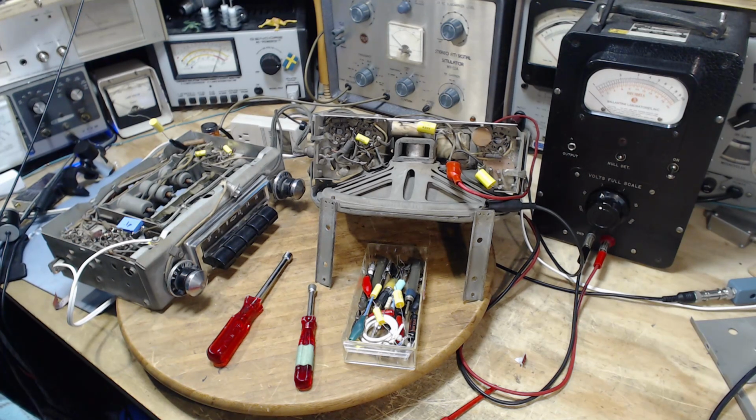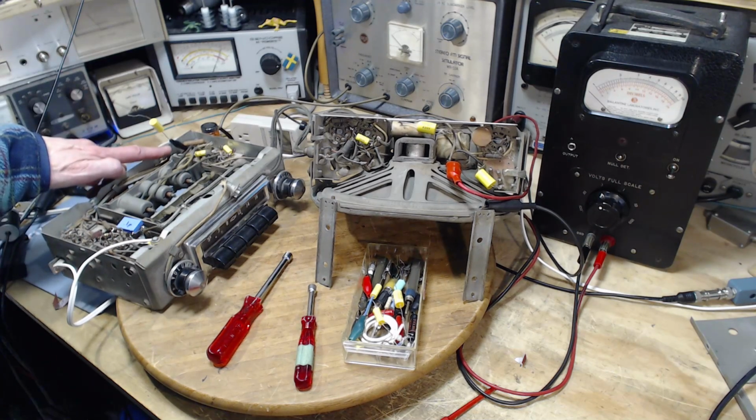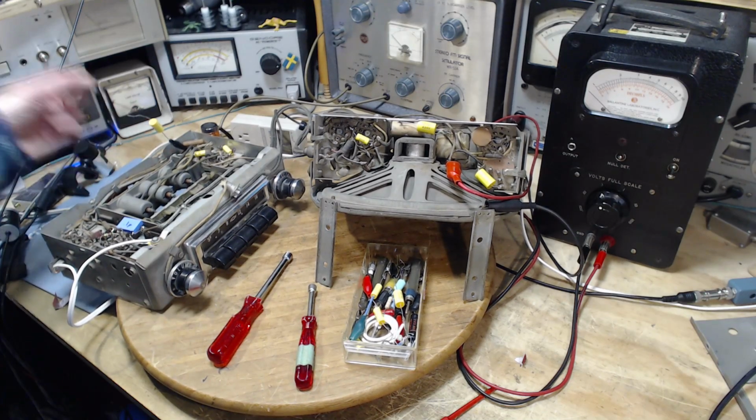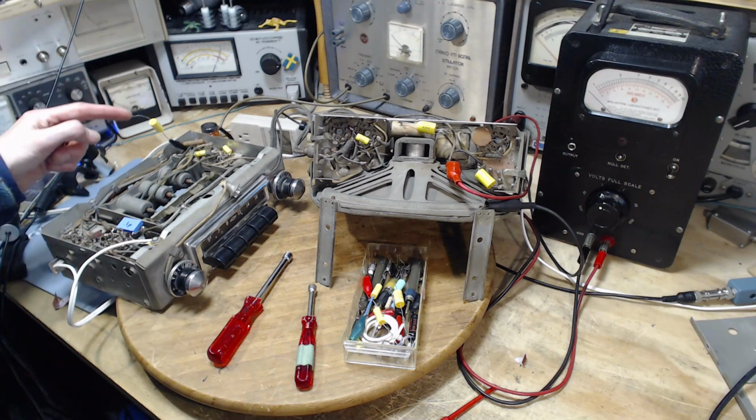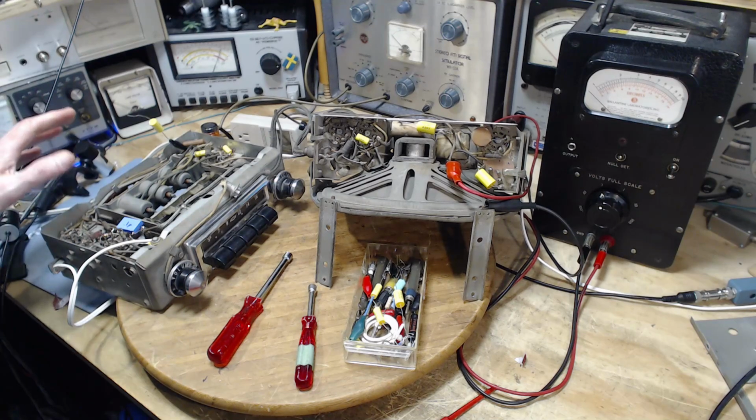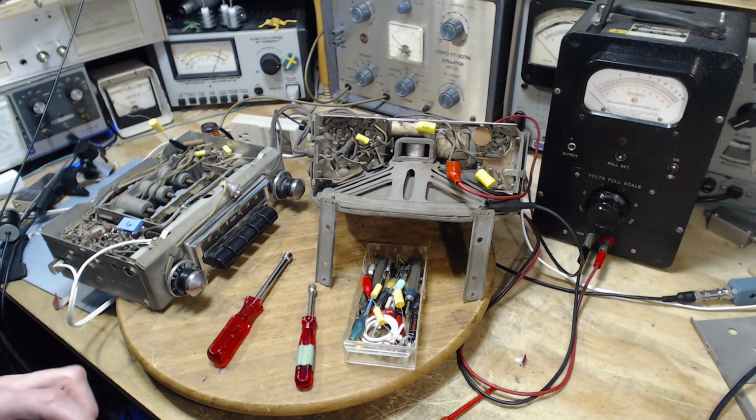And this radio's IF frequency is not 455 or 460 like so many radios. It's 262, I think I remember reading, but we'll see that in a moment. So I've already made a connection to the grid of the 12BE6, that's pin number 7 there. I have a capacitor, and then I'll be hooking up the output of my signal generator to here. And we'll feed that 262 kilohertz signal into the radio,